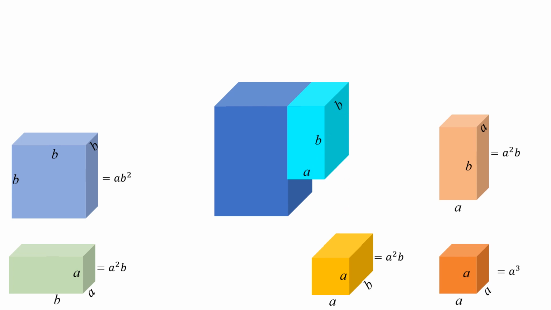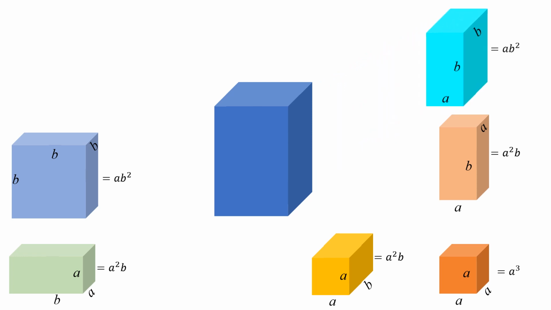We take away this smaller rectangular parallelepiped from the main cube like this, and its volume is equal to ab square. Now again go here, and this total length was actually what? It was actually a plus b. So you take a portion from the top of the rectangular parallelepiped remaining here.